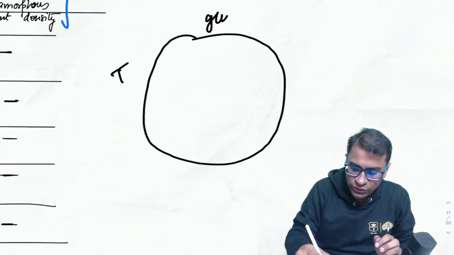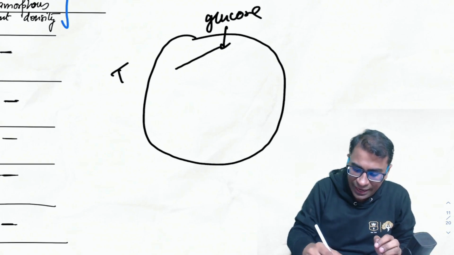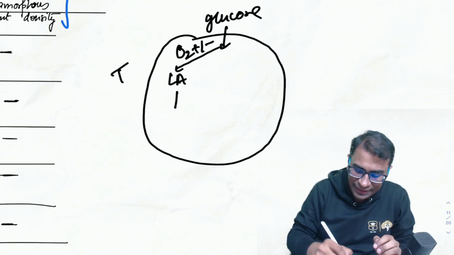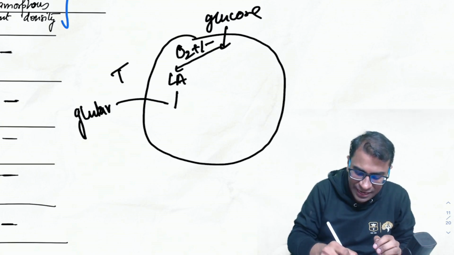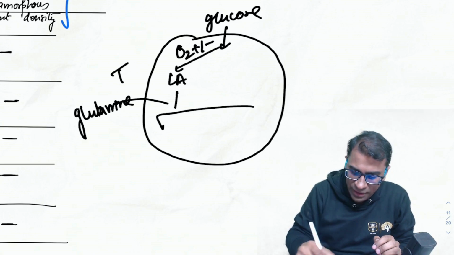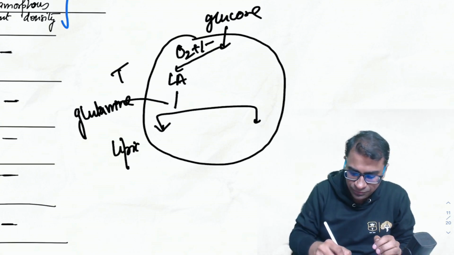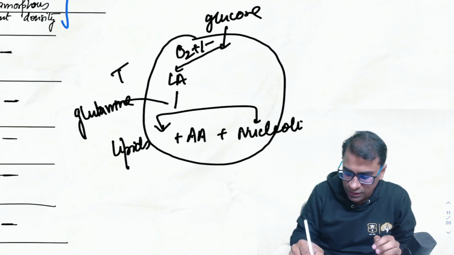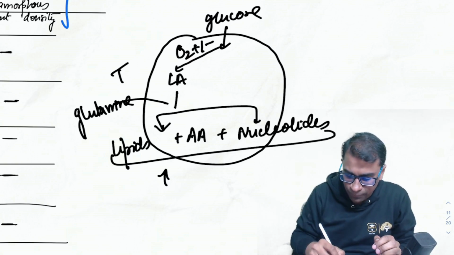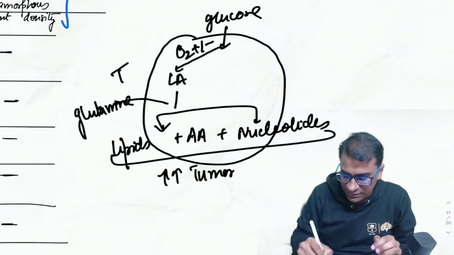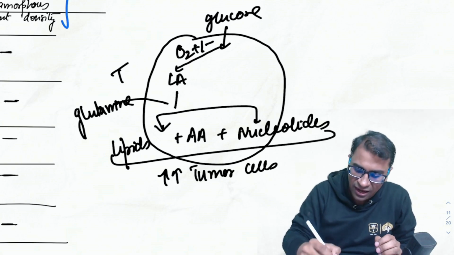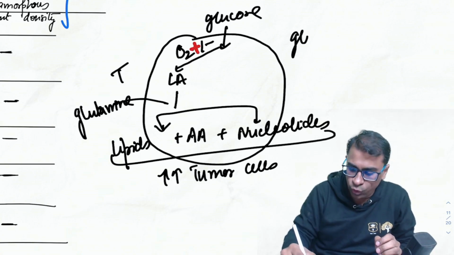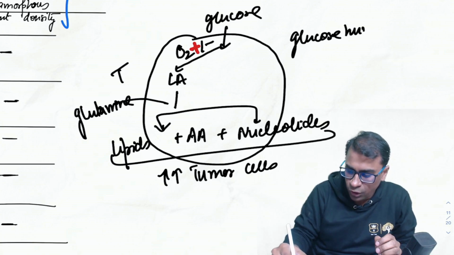Glucose will enter a tumor cell, and in presence or absence of oxygen will make lactic acid. Lactic acid will combine with glutamine, and this entry of glutamine will now make three things: lipids plus amino acids plus nucleotides. And these three things will make more and more tumor cells. That's the Warburg effect. So this is occurring even in presence of oxygen, and hence we call this glucose hunger,